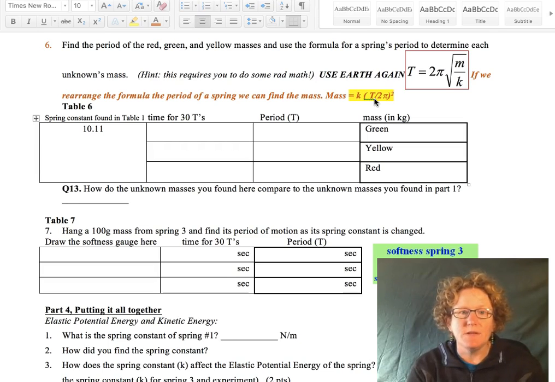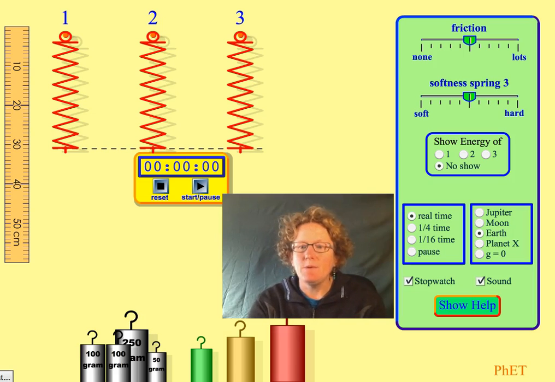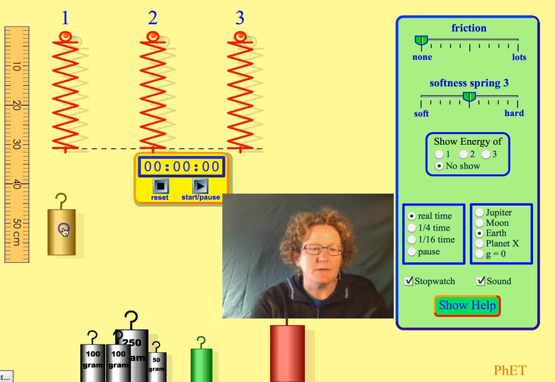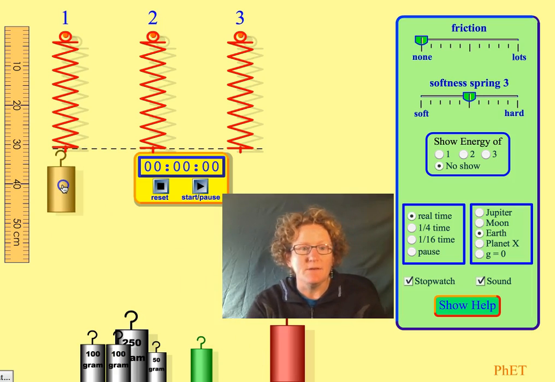Right now, let's go to the simulation and count the time for 30 bounces with the yellow mass on spring 1. So this time we want to go back to Earth, so make sure you're on Earth. We want to set the friction to 0, like we have in all our other experiments. We don't really need to show the energy graph, so we can neglect that. We're in real time like we always have been. We've got the stopwatch up, so we can use that. Now we just need to grab the yellow mass, which we don't actually know the exact mass of,